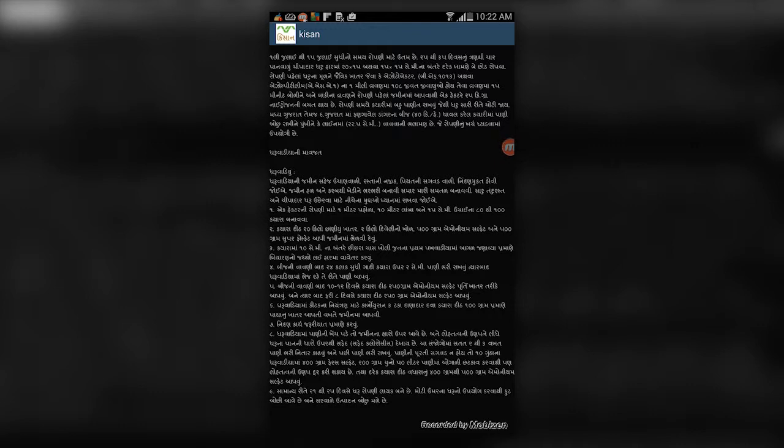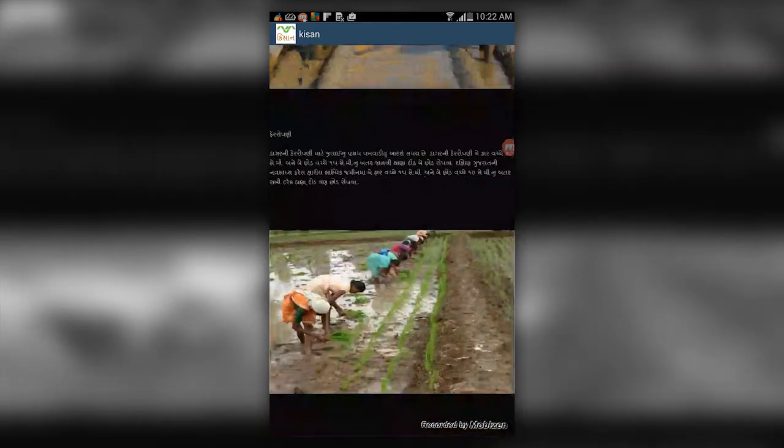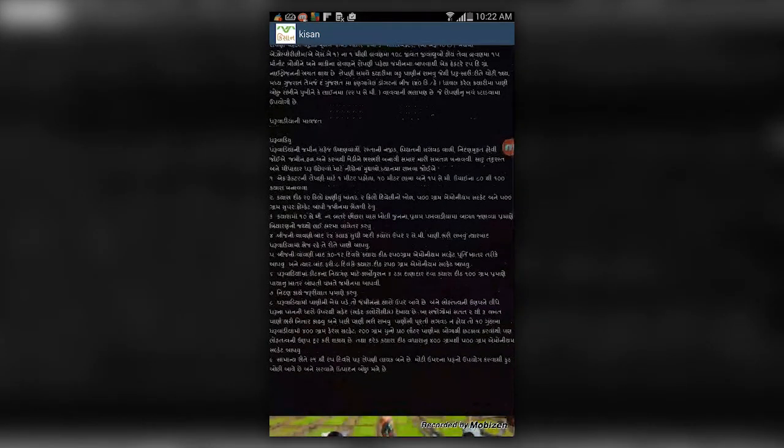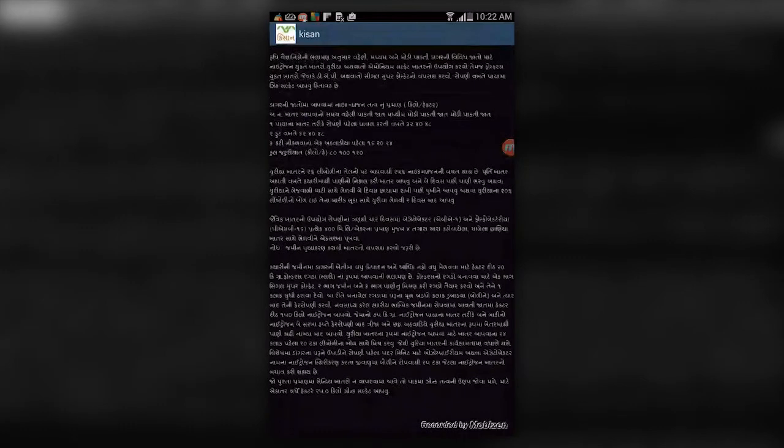Now go with the sowing and plantation method, how you should actually sow, what is the scientific method for sowing and replanting this paddy, and how the belt should be taken, what the practices you should follow, that everything is included here. It contains the different photographs and how you should do it. Everything is available, and everything is available in the Gujarati language.